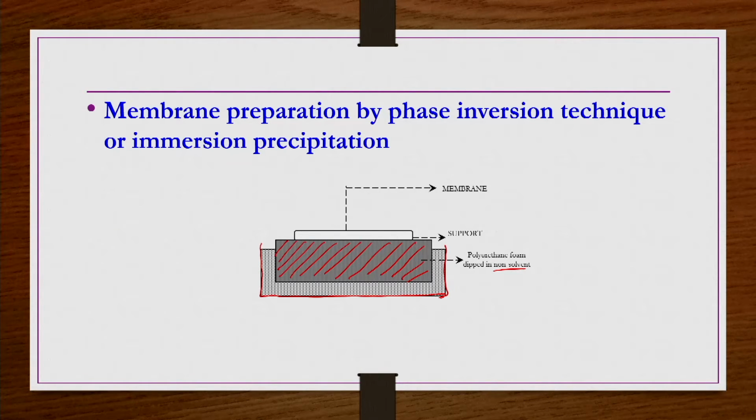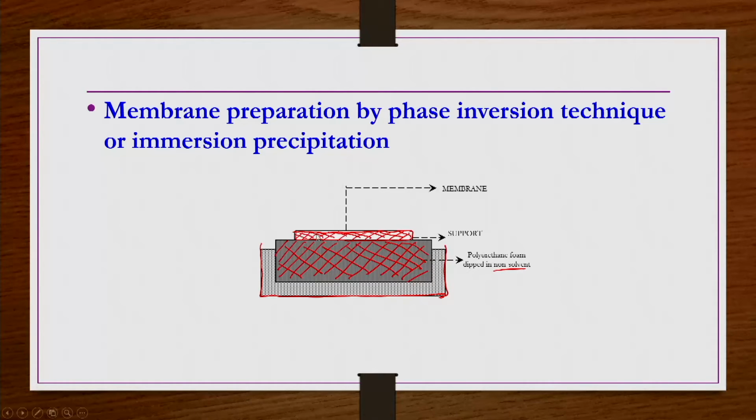Now onto this foam, you take a support, let us say you are preparing a supported membrane. The support is in general a macroporous structure again, but the size of its pores is much smaller compared to the porous structure of the polyurethane foam that you have taken. So compared to that, the porous structure of this support is very small. The pore sizes are small here.